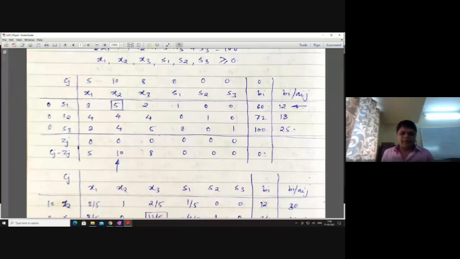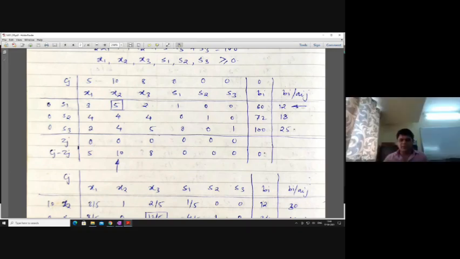Now what is there in the base of the first table? Which are the variables present in the base of this first table, or the basic variables for this first table? S1, S2, S3. Now you focus column-wise on S1, S2, S3, and row-wise on S1, S2, S3, and their